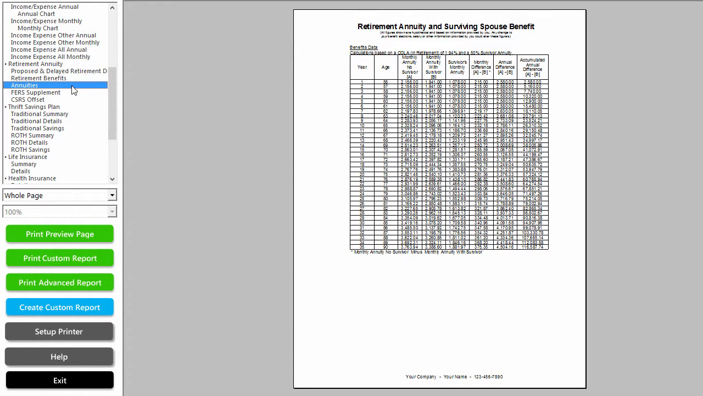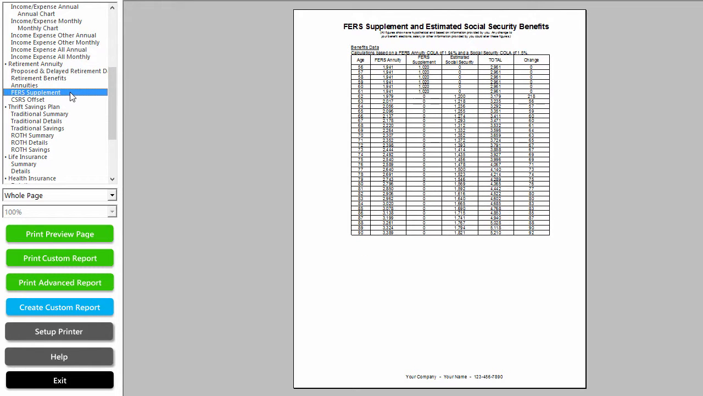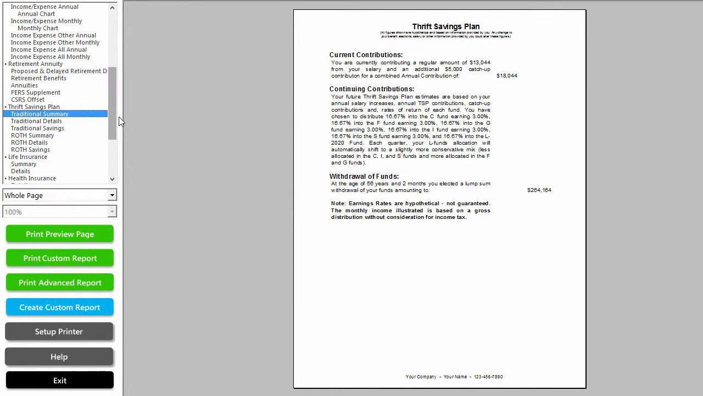Here you've got the annuity report. These figures are monthly, with and without survivor benefit. The next form is the FERS supplement and Social Security. If you're entitled to Social Security and/or the FERS supplement, you'll see the supplement indicated here and the Social Security here. On the TSP reports, you'll see the details of your contributions, both current and continuing, and whichever withdrawal